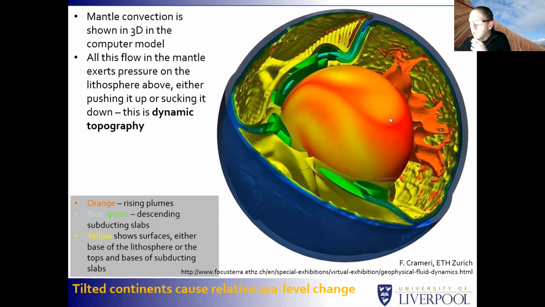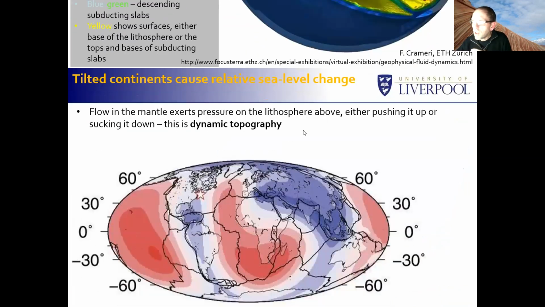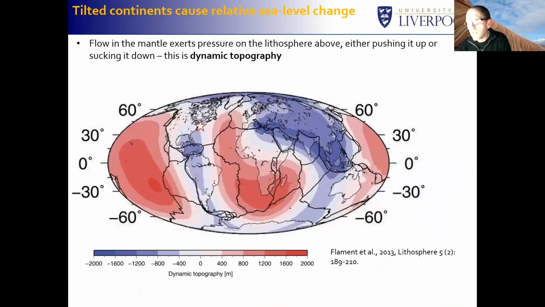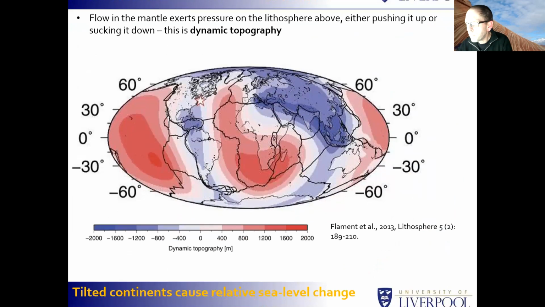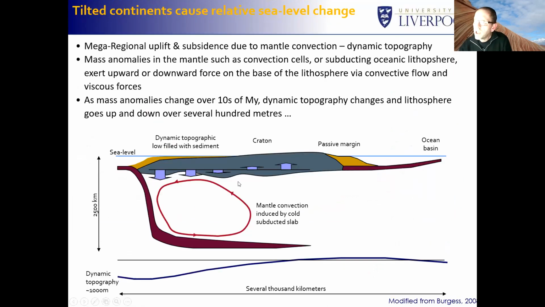The way that basically works is it causes uplift or subsidence over the Earth's surface, that varies through time as the convection in the Earth's interior goes on. If you have subduction under one side of a continent, that generates a convection cell that tends to drag the continent down over the top of the subducting slab, and that essentially tilts the continent on a wavelength of a couple of thousand kilometers. So you get lots of subsidence and relative sea level rise over here, uplift and relative sea level fall over here, and that we think is probably what creates these patterns of tilting and sequence formation